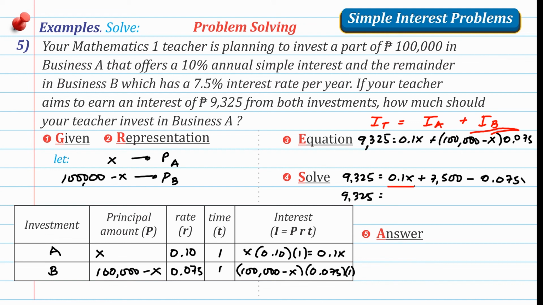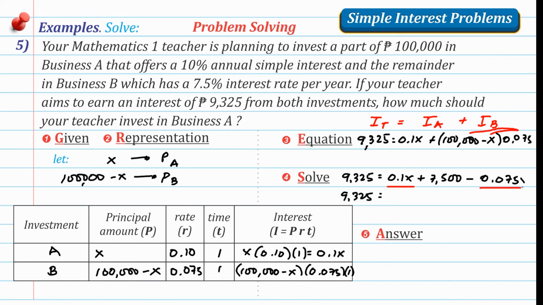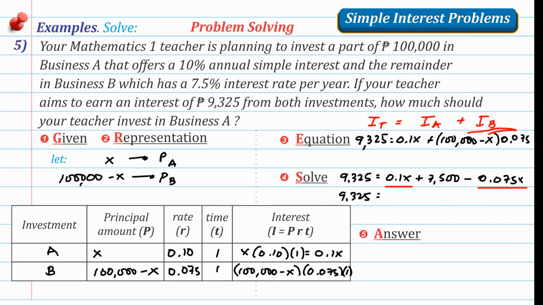Combining 0.1x minus 0.075x is equal to 0.025x, plus 7,500. Now transpose 7,500 from the right to the left. We now have 9,325 minus 7,500 is 1,825. And it's equal to